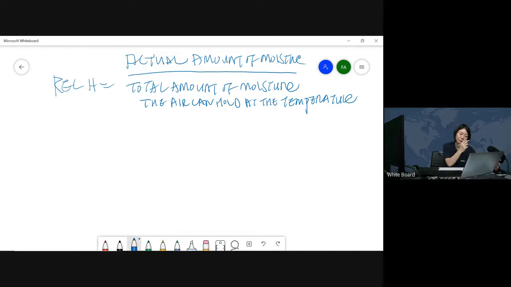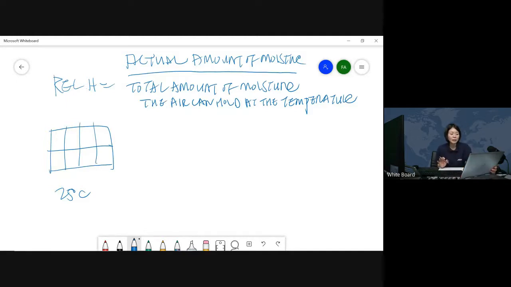So how do we know the relative humidity? Let's say there is one air parcel at 25 degrees. It's not really important, 25, and then there is a room. So a 25 degree air parcel can have 8 moisture. And then if you come to the